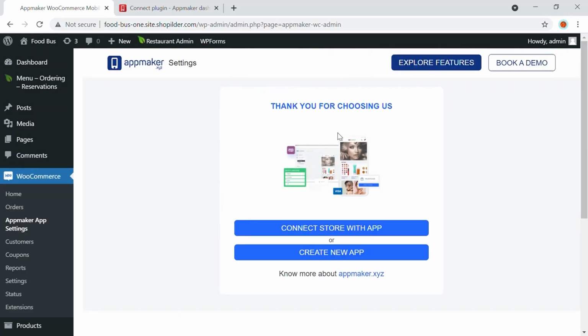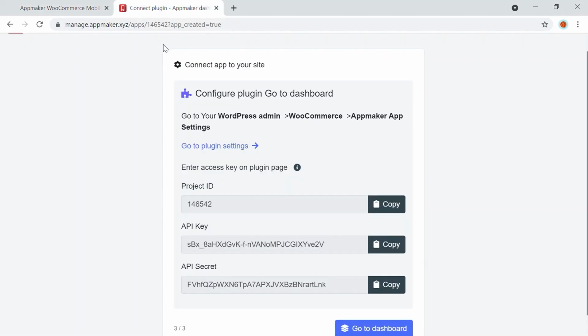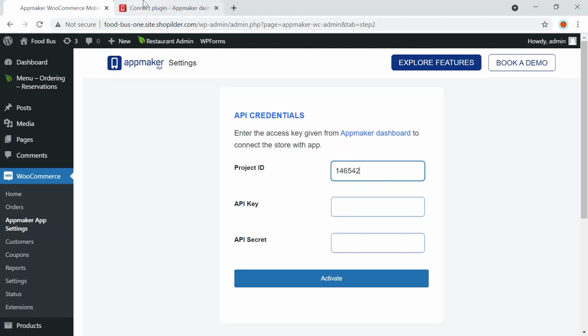Then you will be taken into a new page where you will be asked to connect the store with the app. You can click on connect store with app. And right here you will be asked to give API credentials. So you can go back to your website and this page will be loaded. Here you need to copy the project ID, API key and API secret key. So I'm going to copy this and paste it right here.